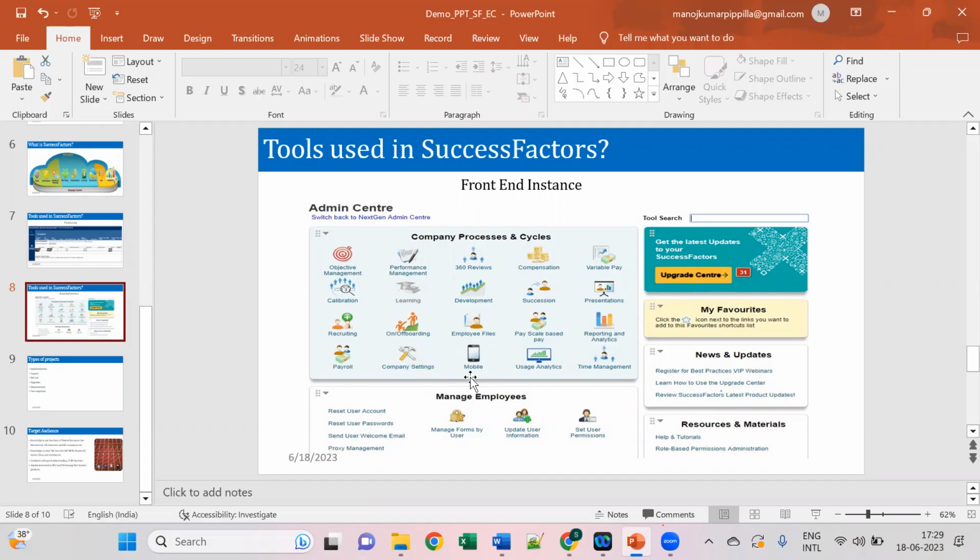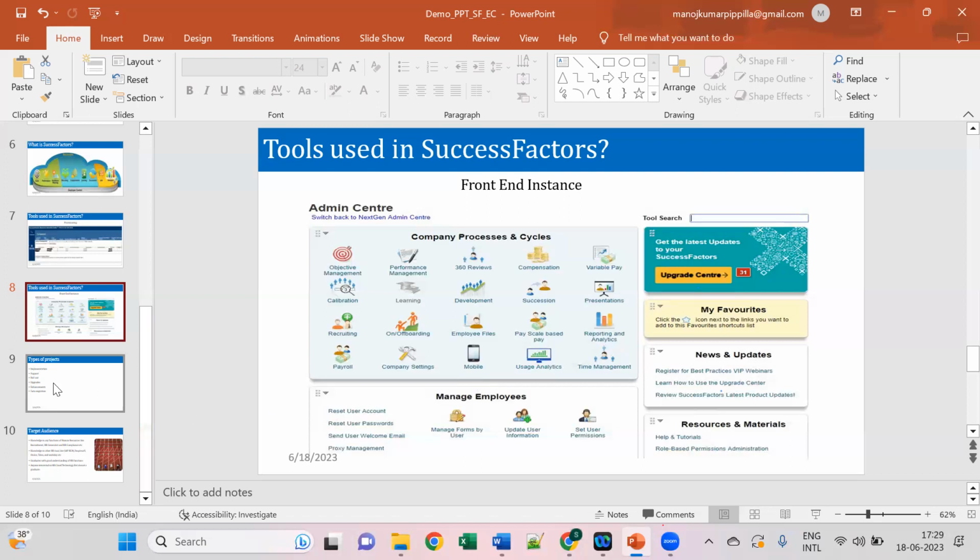The answer is yes. Usually the people who have done MBA or MCA will have some knowledge of HR activities. But even if you don't have an MBA or MCA, if you are from BTech or any degree, that's fine, because even I am from a BTech background. I started this technology with zero knowledge. If you have a basic understanding of what HR people can do, that is sufficient. There is not that much complexity to learn. There are many things to learn in the system, but it will not be very complex if you practice regularly.